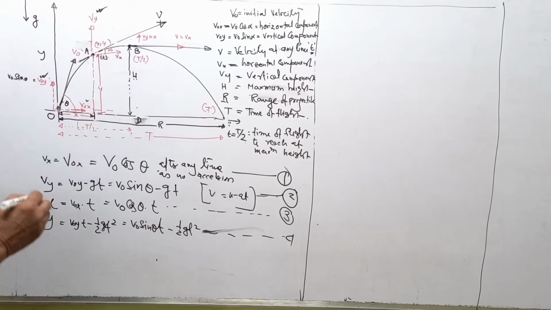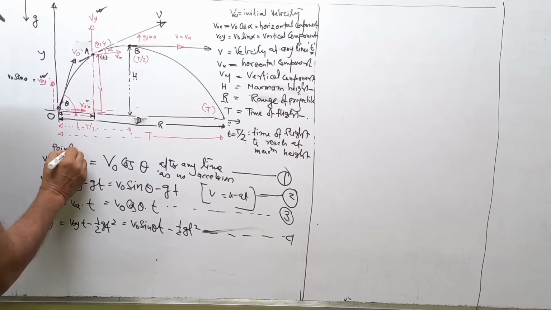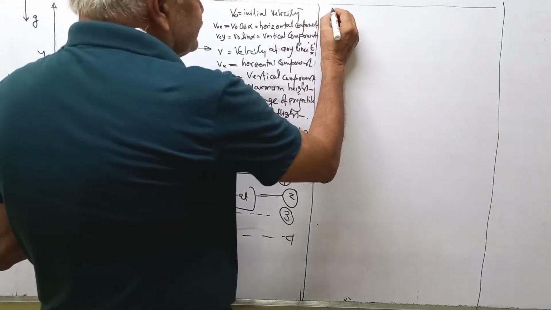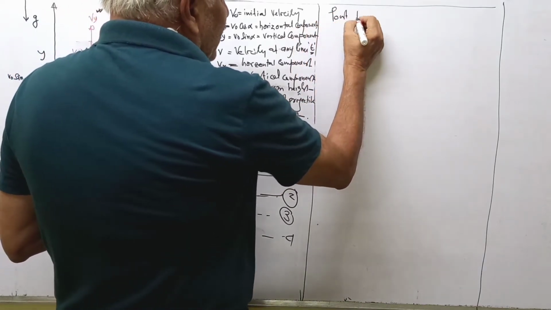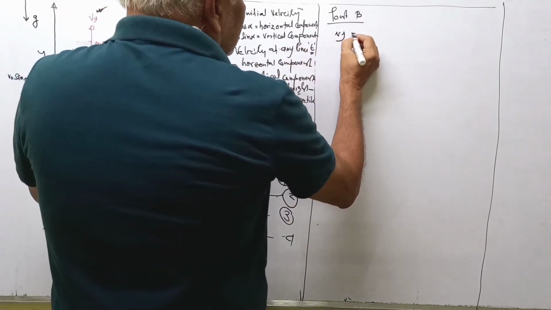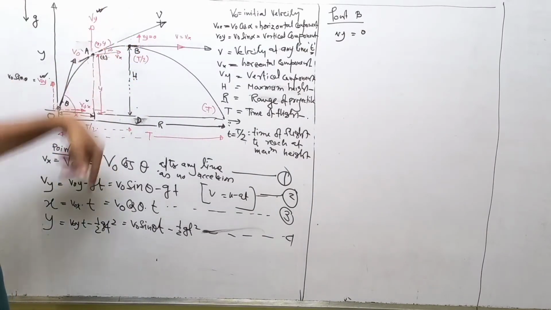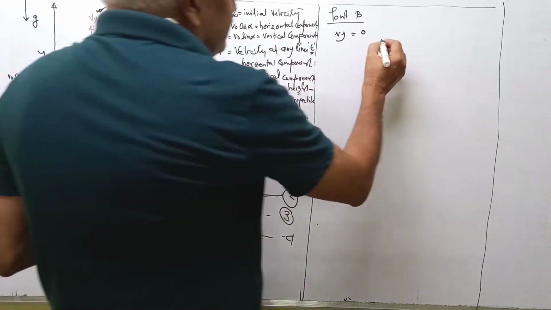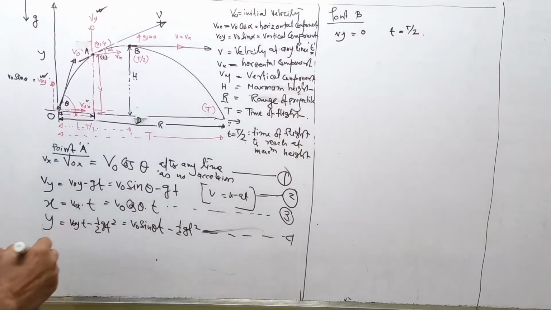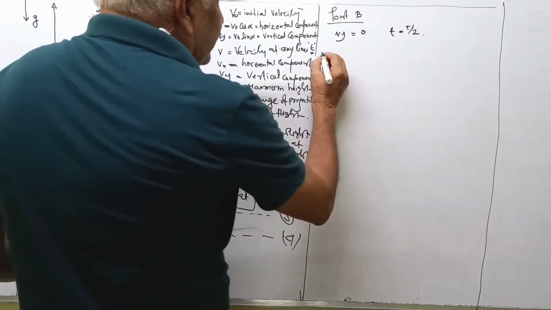Now all of this happened at point A. Now we are coming to point B. At point B, you see here, Vy equals 0. No velocity in the upward or downward direction. Time t equals T by 2. Now, we have equation from 4.